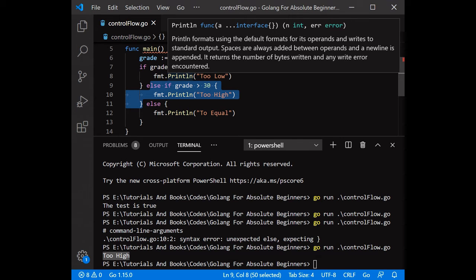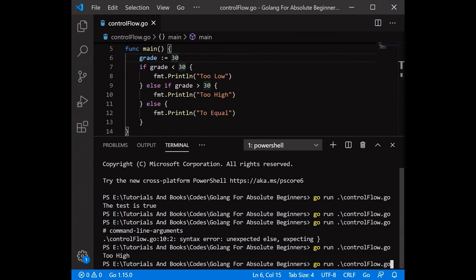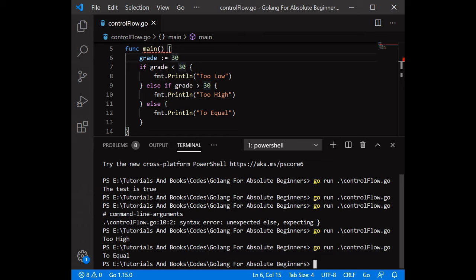If you have multiple conditions, you need to use the if else if statement, or we can use the switch statement, which we will discuss after. So what if our grade is 30? See, it prints out too equal.